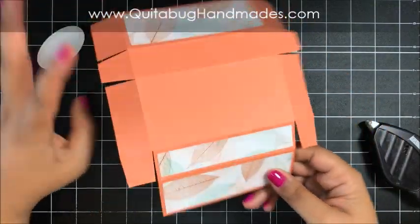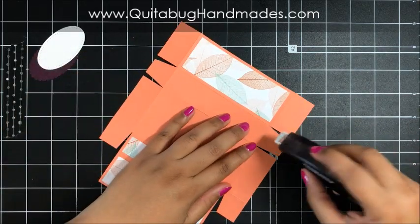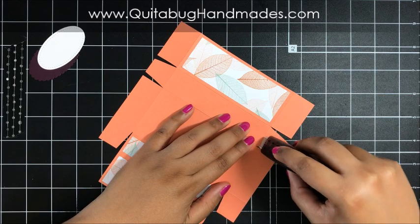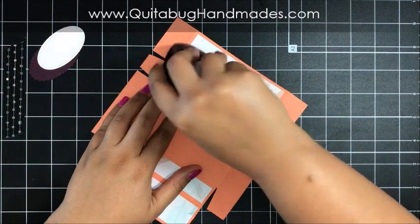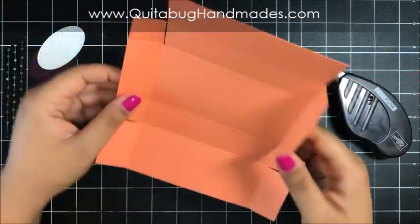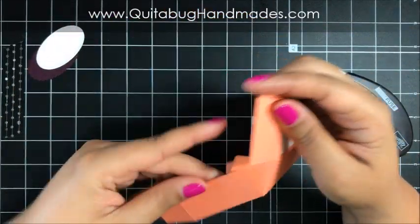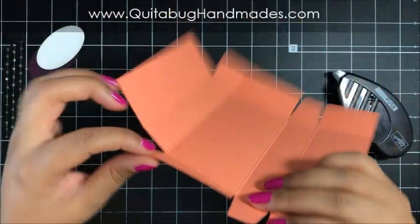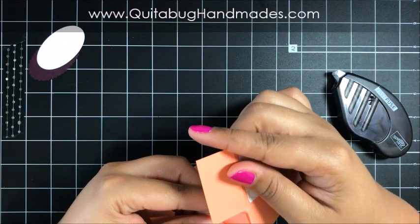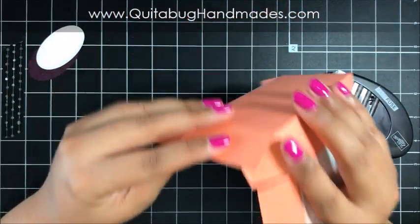My designer paper on there. So now we can start adhering the box together. On these two flaps right here, I'm going to add some adhesive. So this is to the outside of these two flaps. And I'm going to adhere those two little flaps right inside of this side flap. So I'm just going to fold it up, line up those ends, and adhere it